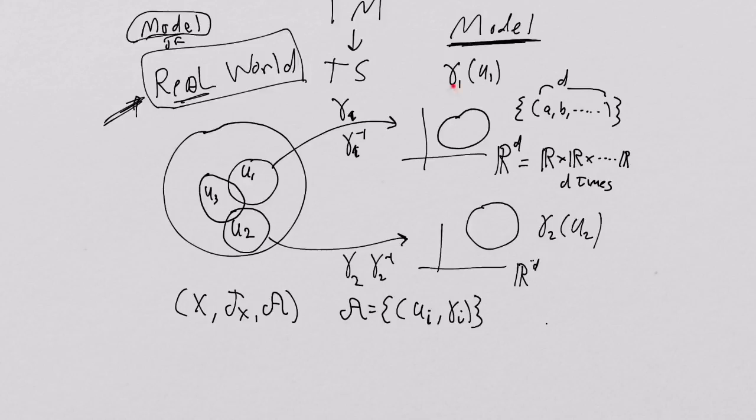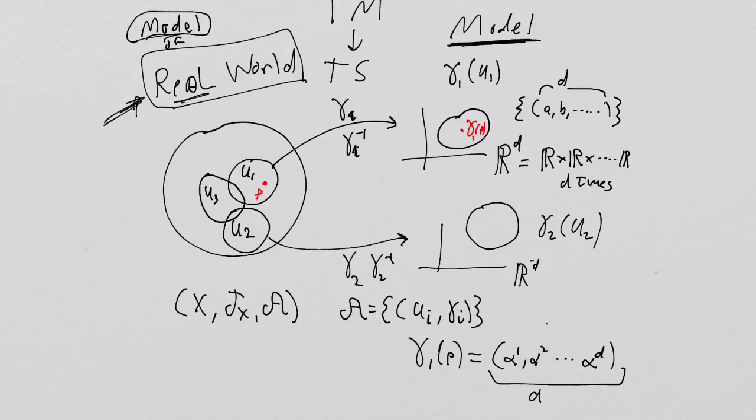So with that in mind, it is important to understand the result of this map. Gamma 1 of, say, a point P, let me do this for a specific point now, will map through gamma 1 to a point here called gamma 1 of P. Gamma 1 of a point P is an ordered d-tuple, alpha 1, alpha 2, and so on, because it's going to a d-dimensional space, and that d-tuple is called the coordinates